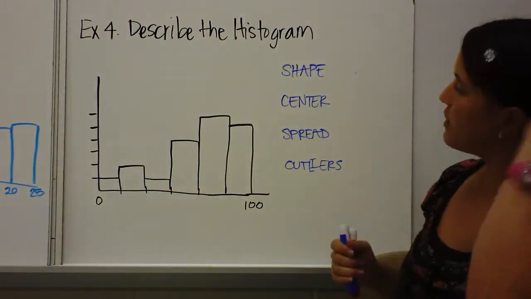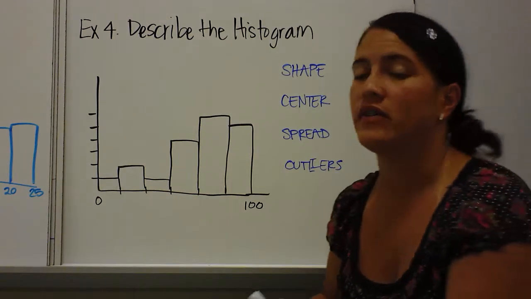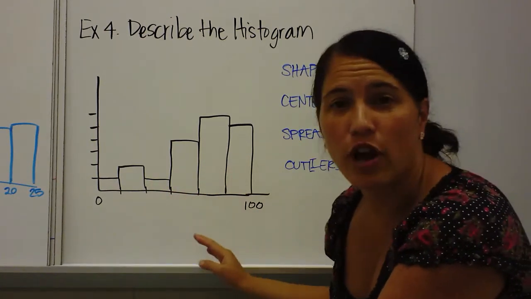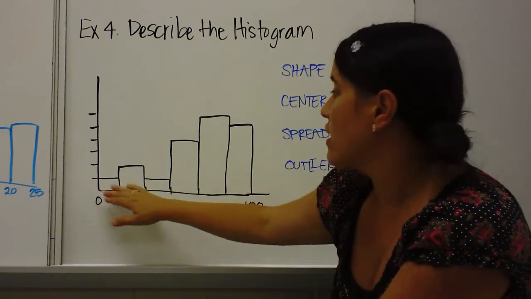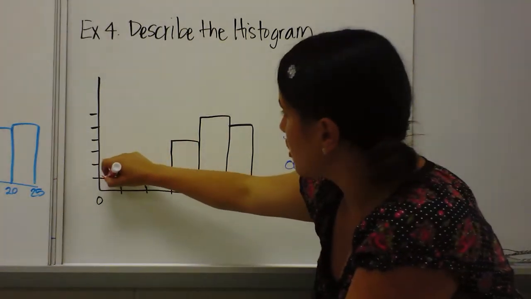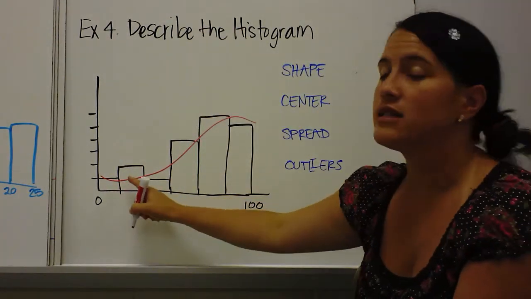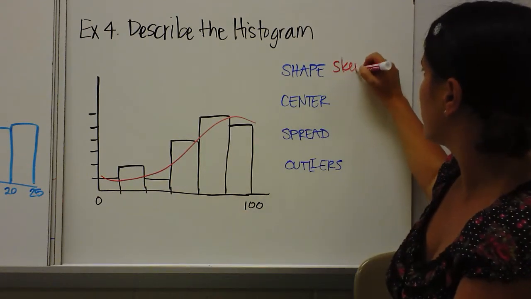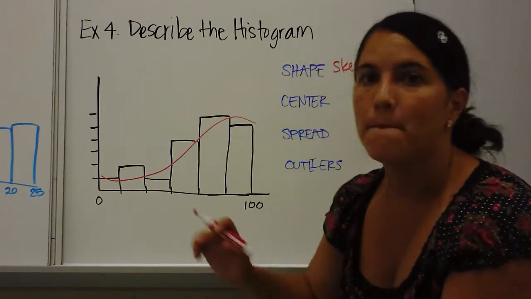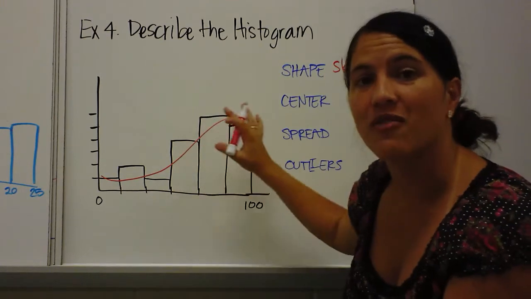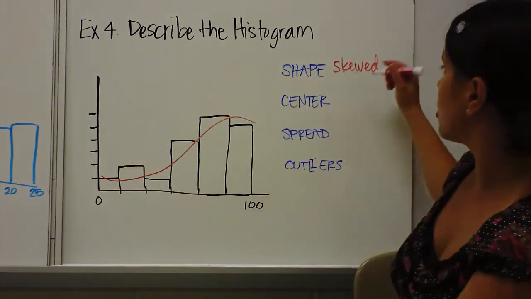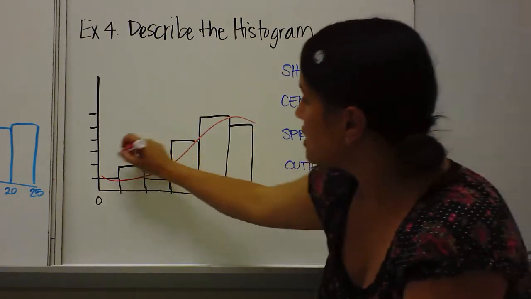All right, so another one, describe the histogram. Shape, center, spread, outliers. We have a histogram from 0 to 100. 1, 2, 3, 4, 5, 6. We don't know the individual bars, but we know that it's from 0 to 100. And we can look at the shape. The shape starts out small and goes up. So this is a skewed graph. And now you have to remember, is it skewed right or is it skewed left? Most of the data is over here on the right, which means the extreme values are going to be on the left. So this would be skewed left because